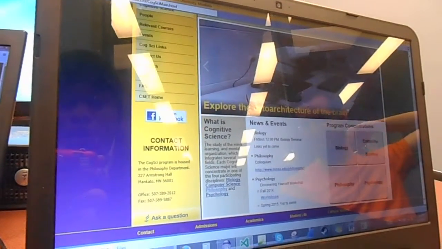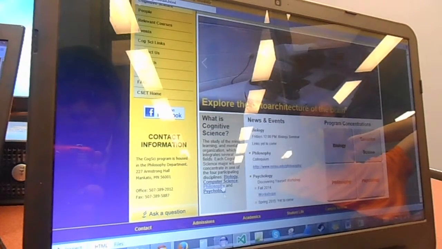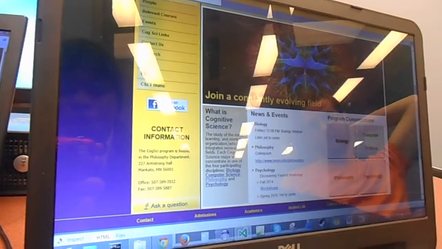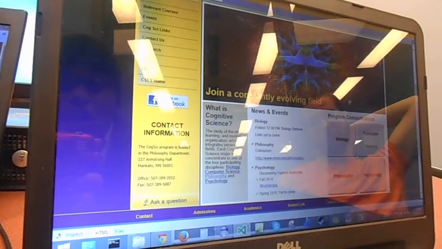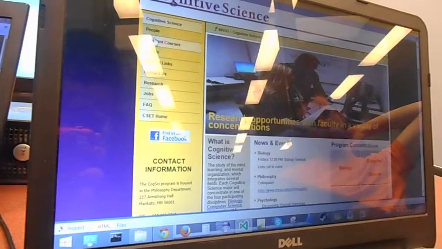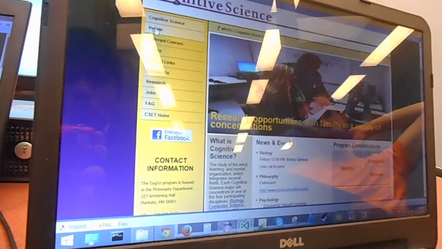But the great thing about it too is it's not necessarily going to be the only bit of information about that. And I'll talk a little bit more about that a little later on. So as far as tabs go, we have our